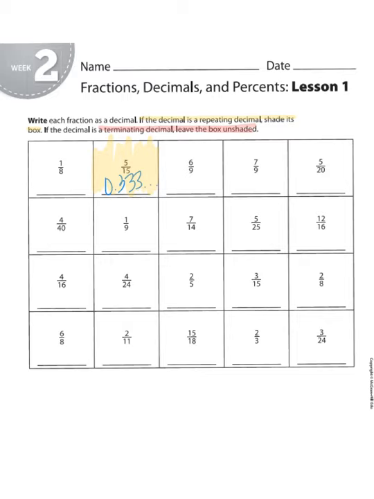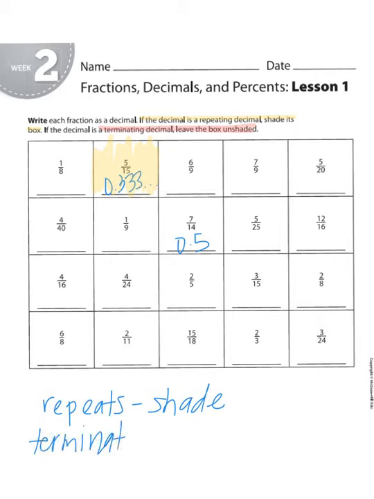But if I do 7/14, so if I do 7 divided by 14, I get 0.5, and that's a terminating decimal, so I'm going to leave it unshaded. Okay, so if it repeats, you're going to shade. If it terminates, you're going to unshade. Okay, and I've just made a box on Google Slides that's shaded in, and you will just drag it